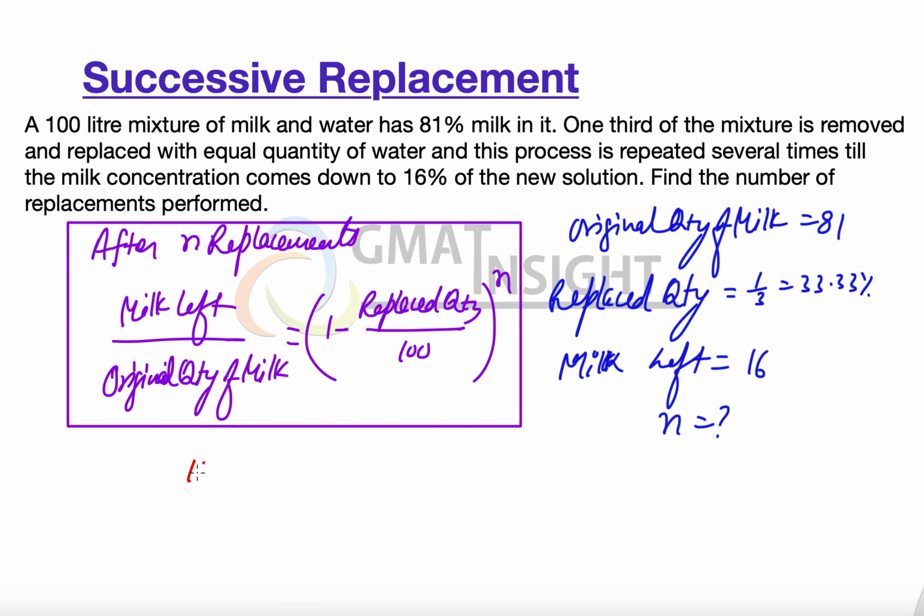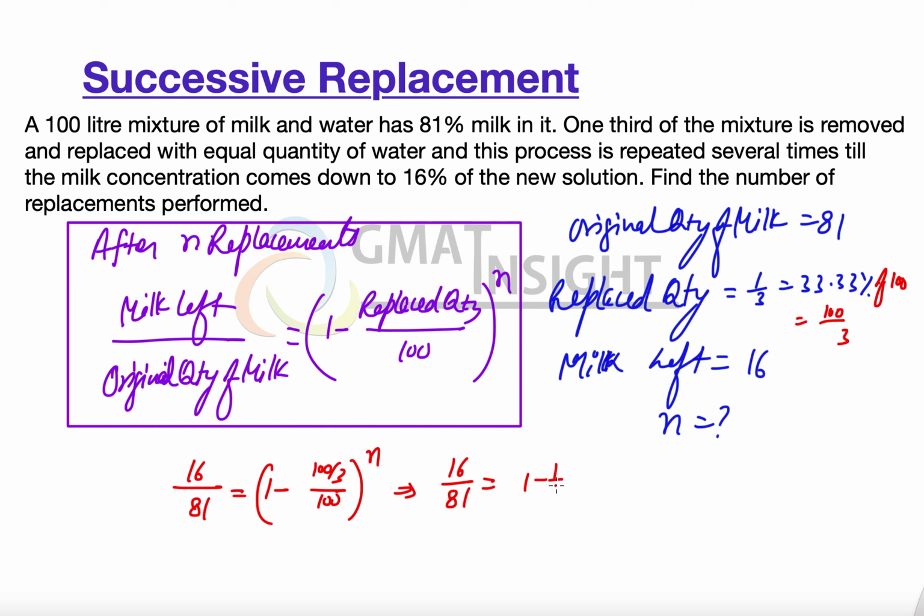The milk left is 16, the original quantity of milk is 81, which is equal to (1 minus replaced quantity, 100 over 3, 1/3 of the total quantity, divided by 100) to the power n. Right? This is 33.33% of 100 only, so that becomes 100 by 3. So now let's quickly simplify this. We have 16 over 81 is equal to 1 minus 1 over 3, because the 100 gets cancelled out, to the power n, which further gives us 16 over 81 is equal to 2 over 3 raised to the power n. But 16 over 81 can further be written as (2 over 3) to the power 4,